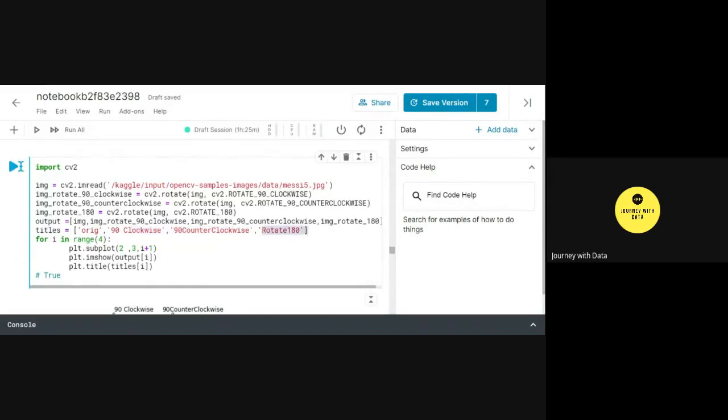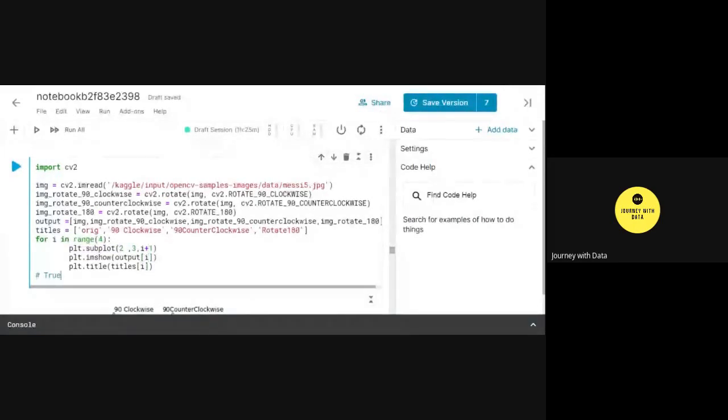These are the titles given to these variables, and then displaying the image, iterating through the loop with this subplot, and then displaying the image.